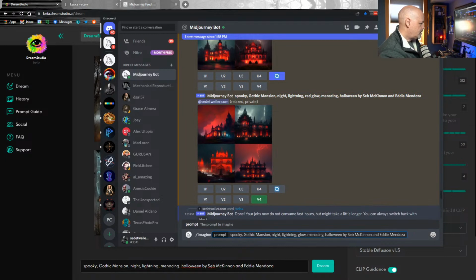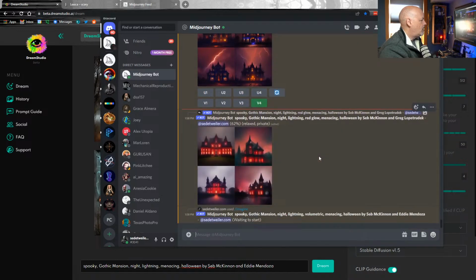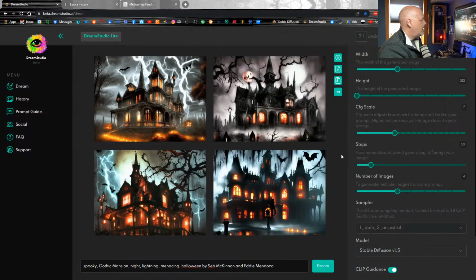You know what I'm going to do is I'm going to word volumetric in here. The volumetric adds a bit of a fog, so as things move away from the camera, they get foggier, which I really enjoy. We'll do that. These other ones are coming up. They're okay. Let's go back in here. Oh, there we go. These are looking pretty interesting, aren't they? I really kind of like this one, but it's a bit too